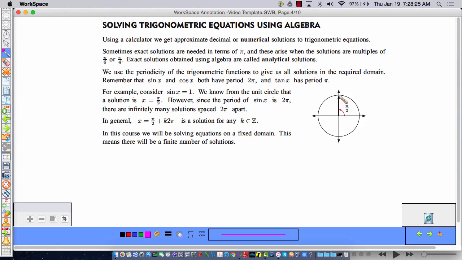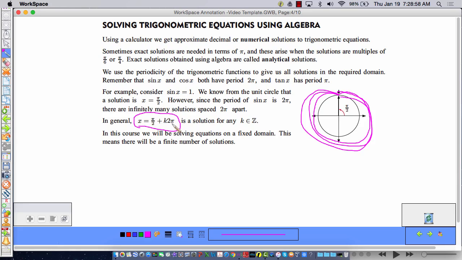Depending on the domain, I might have to name pi over 2 plus 2 pi, plus 4 pi, going around the circle again. All solutions are given by x equals pi over 2 plus k times 2 pi,